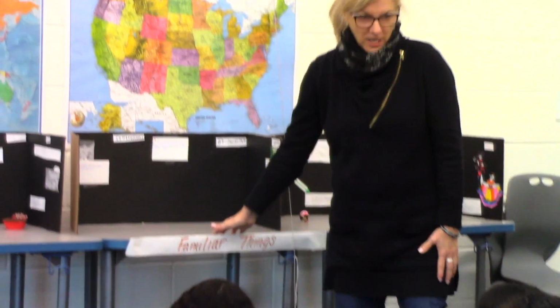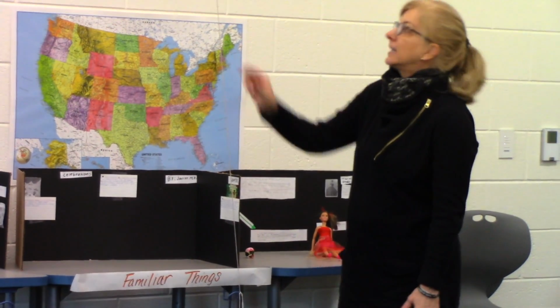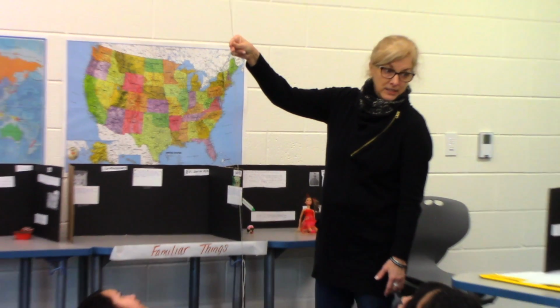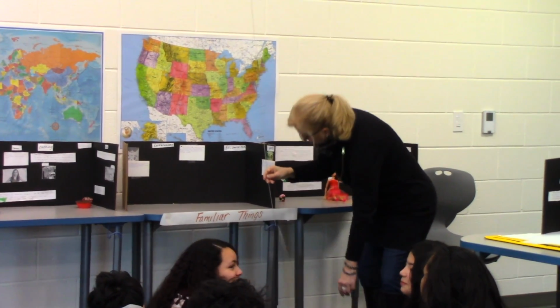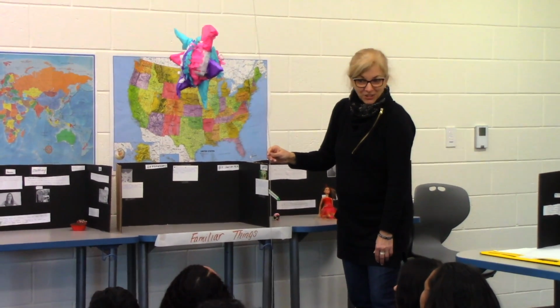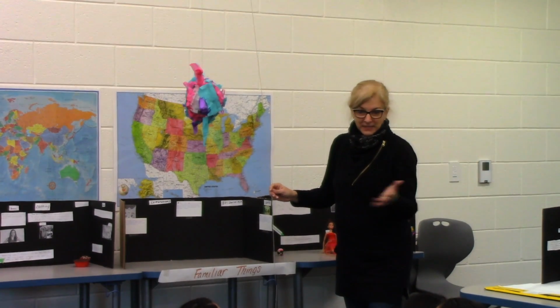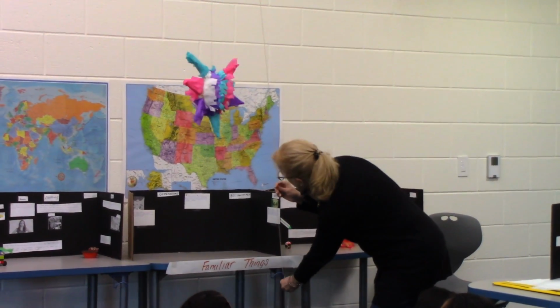This is Mr. Javier. I'm so sad Javier's not here because his big celebration was the use of the piñata. And he worked really hard to make the piñata. He said the piñata is at many, many celebrations: birthdays, Day of the Dead,